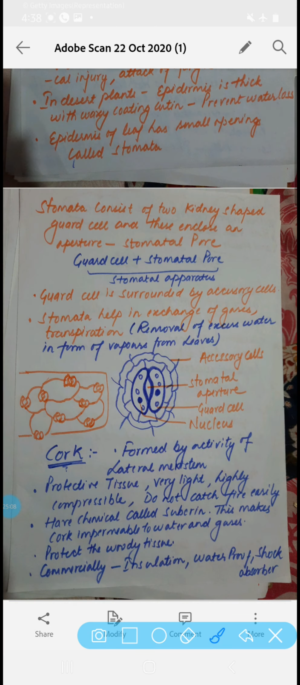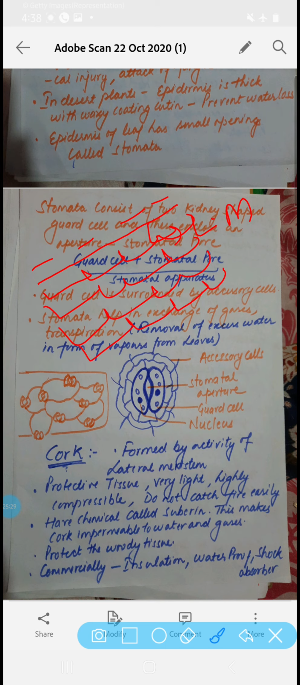Let's just view the diagram. If I show you, this is the ruptured epidermis. Okay, now inside that it is the lateral meristematic tissue which divides its cells rapidly, so this structure is called cork. It is called cork cells, which are formed by the activity of lateral meristematic tissue. So this was all about the